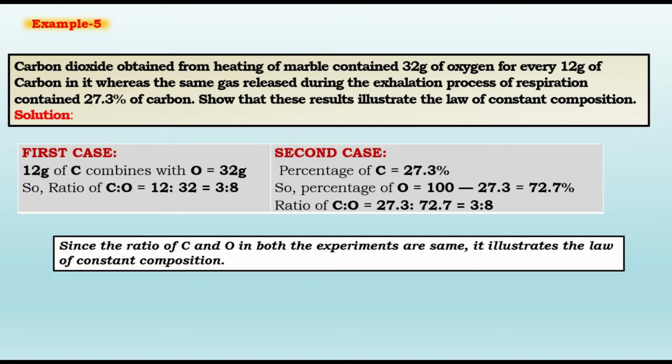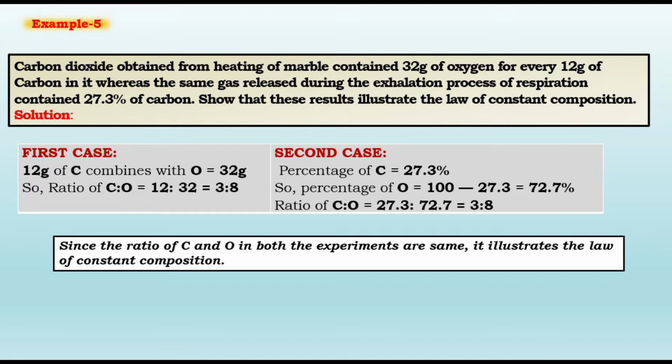Show that these results illustrate the law of constant composition. Solution: in the first case, 12 gram of carbon combines with oxygen is equal to 32 gram. So the ratio of carbon and oxygen is equal to 12 is to 32, that is equal to 3 is